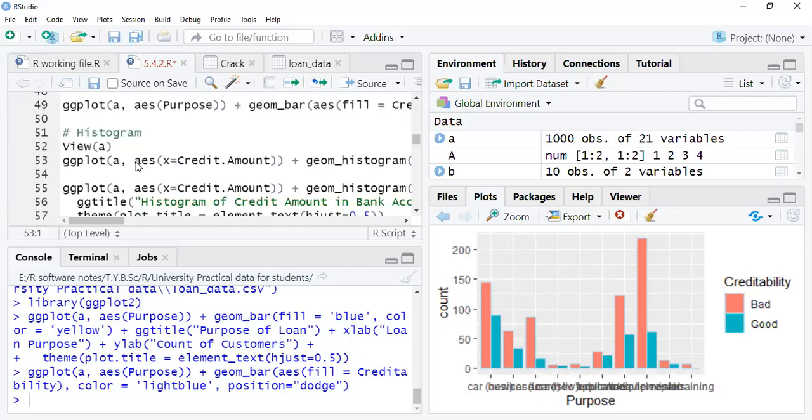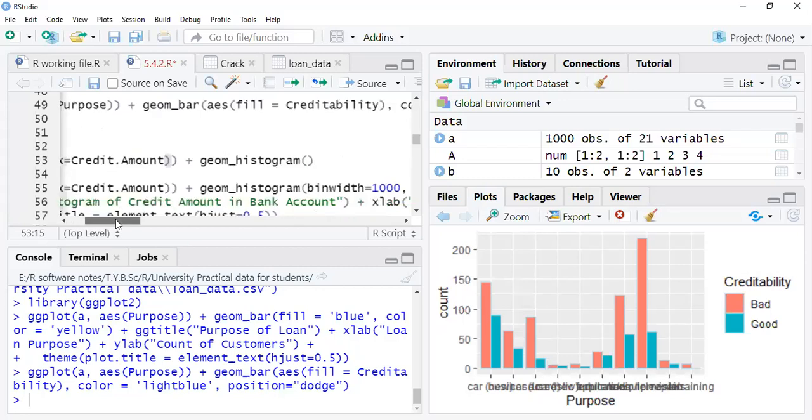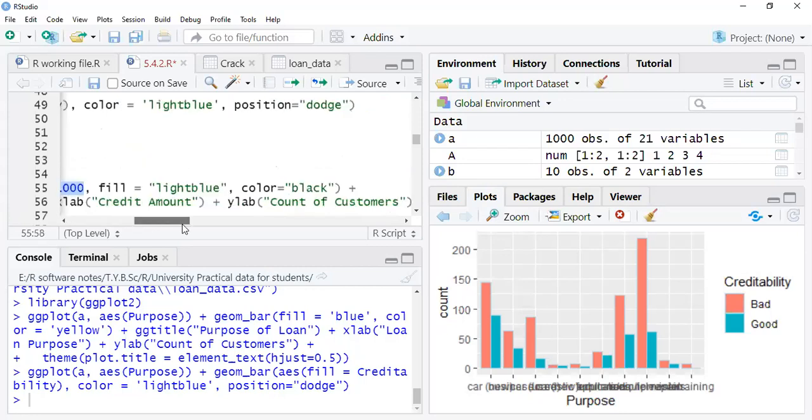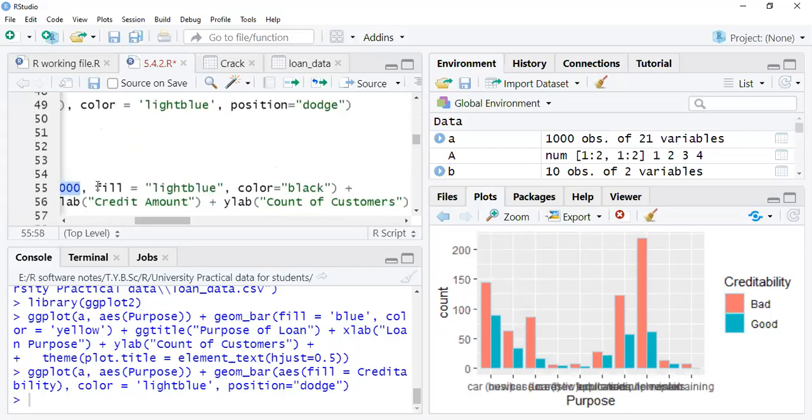So you have this amount, the histogram, and then after plotting we have to use bin width 1000, and you have to fill the color light blue, and this is the color of the outline. This I have taken by default. If you don't want it, you can remove it, no problem.